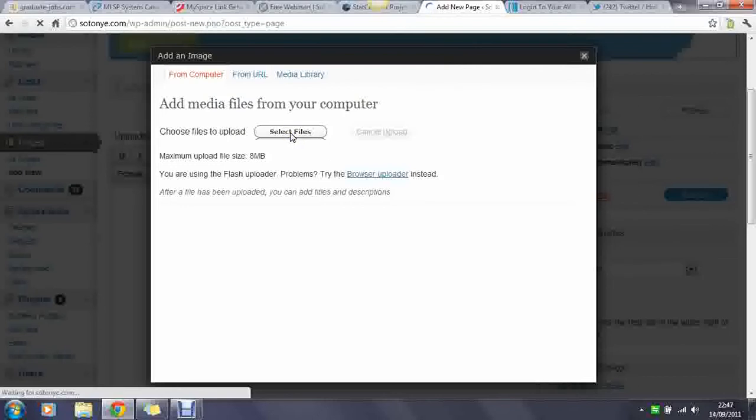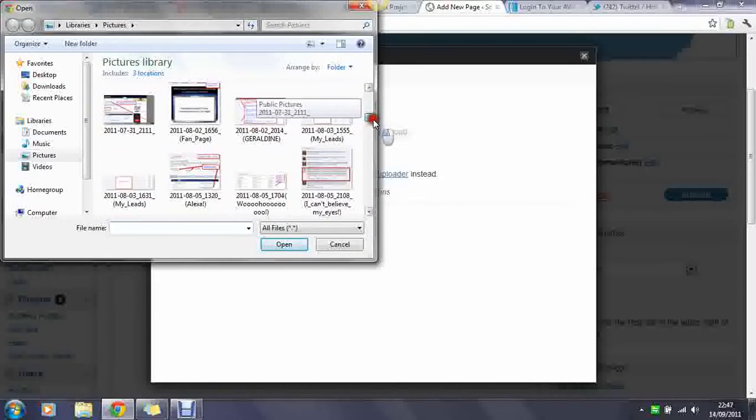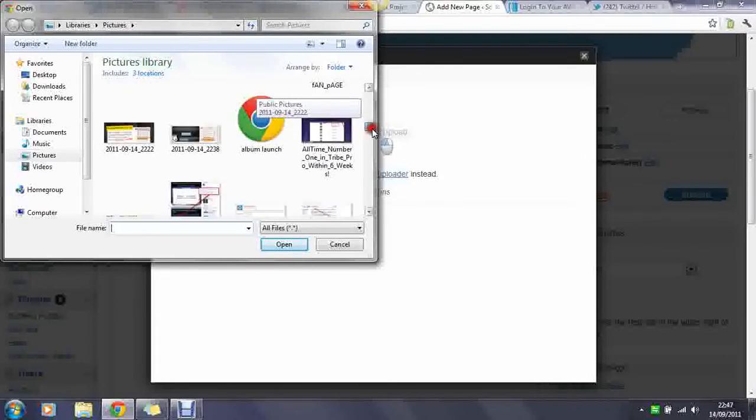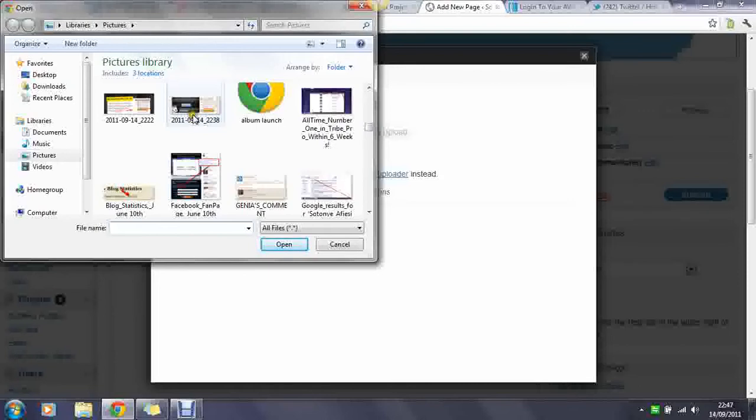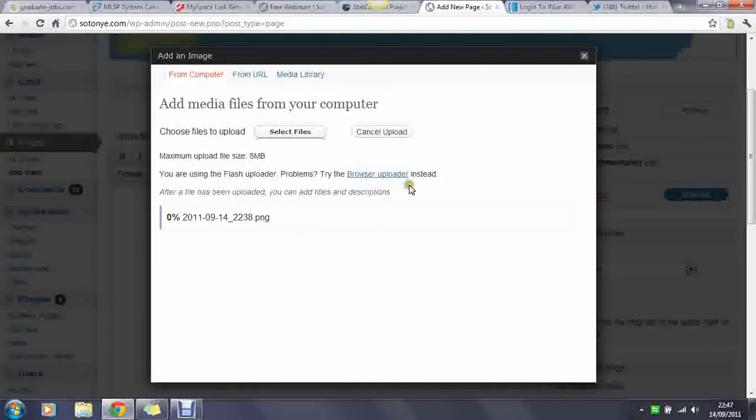Okay, so select files, and then I'm going to look for what I've just downloaded. I tend to recognize them by sight, so that's the one I did just now. I just demonstrated to you, so I'm going to click on that. Open. And remember I said I was going to attach the link from my website into my WordPress blog. So while that's crunching,